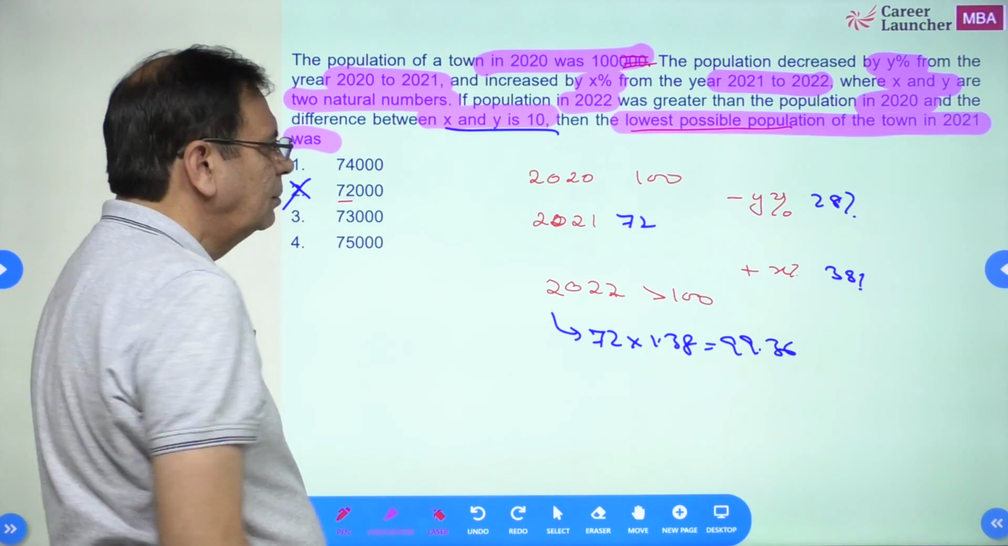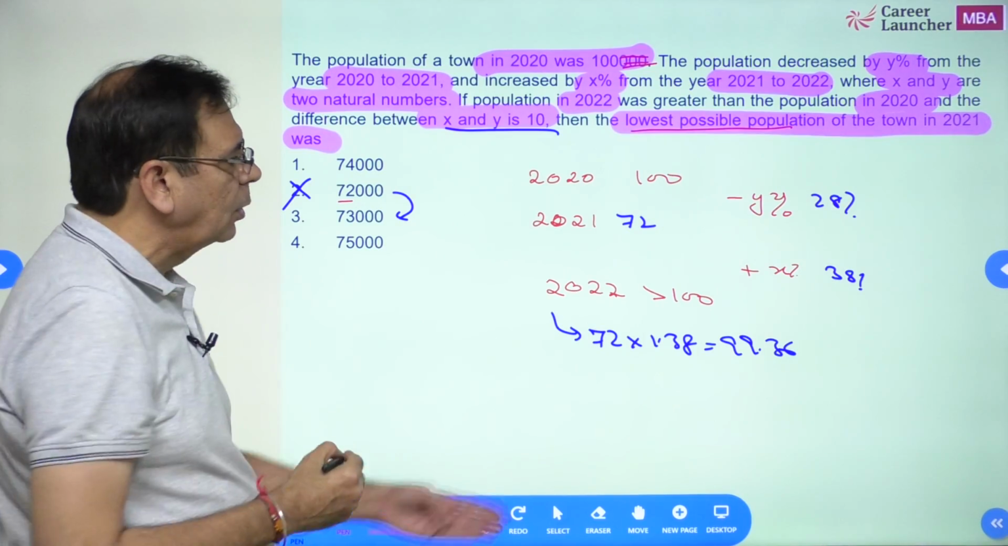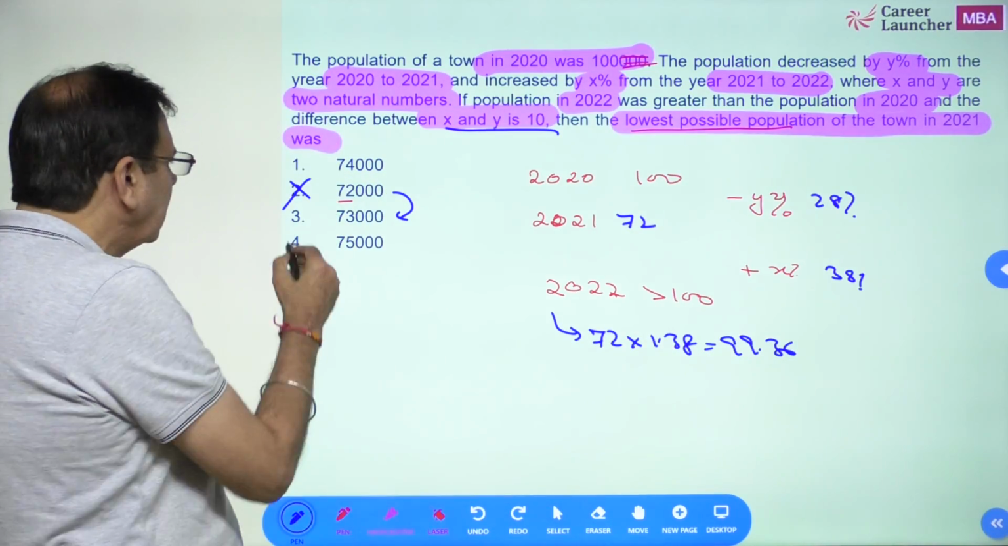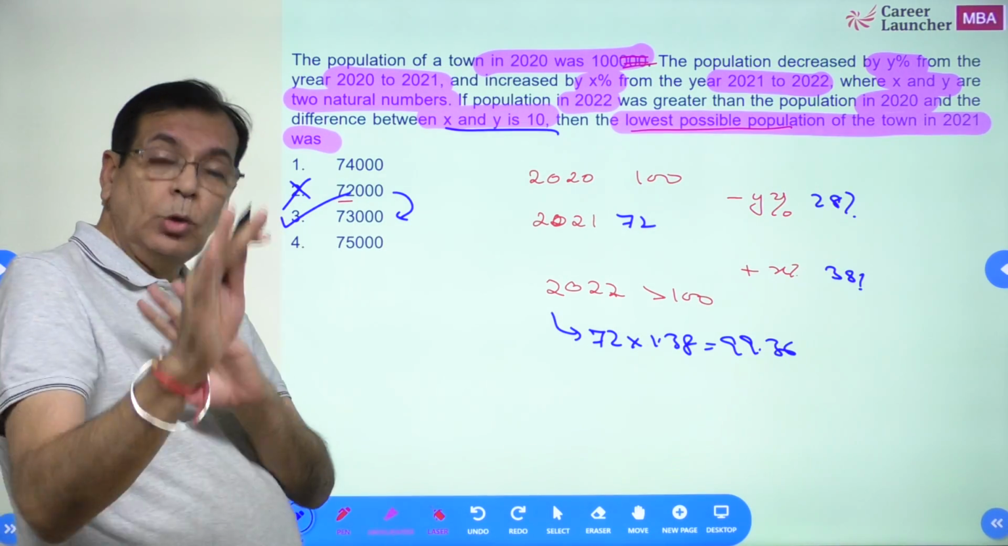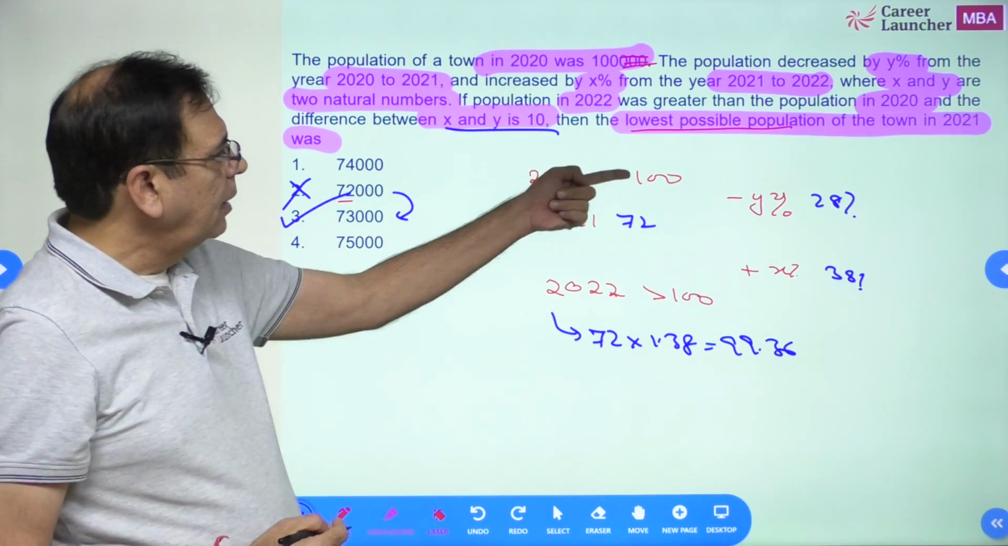72 cannot be the answer. It is 99.36. If I go from 72 to 73, the total will go up by at least 1,000, right? So my answer will be clear. So the answer has to be 73. I don't need to check. If you want to check, you can, but there is no need, because from 72 to 73, if this becomes, okay,